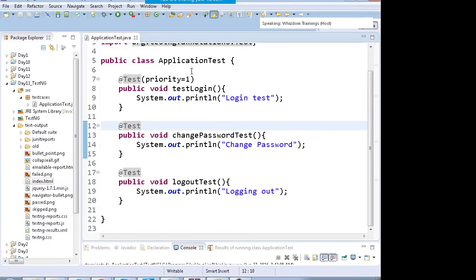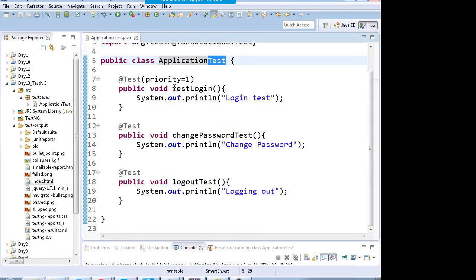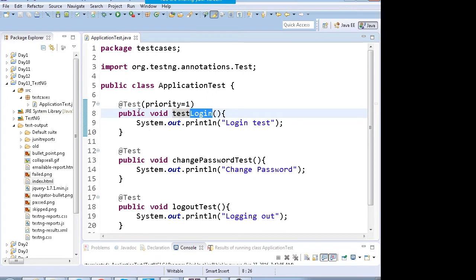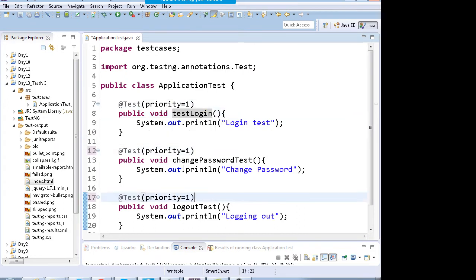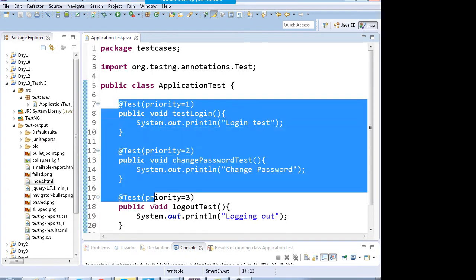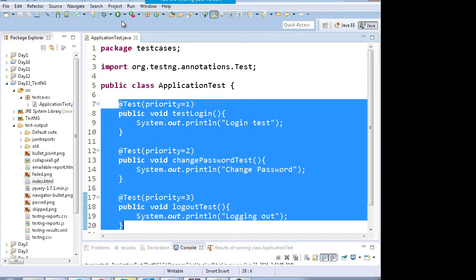It is not mandatory to have the test name in the function or the class name. You can keep any name. So you can set the priorities over here, that the priorities of these test cases are 1, 2 and 3. So now they will be executed from top to bottom as per the priority.